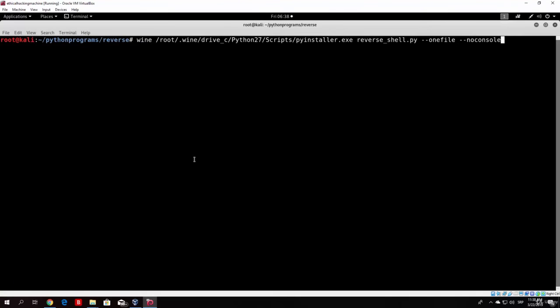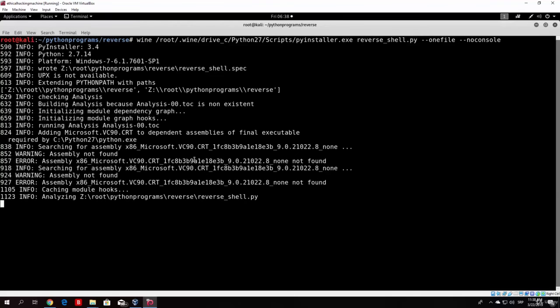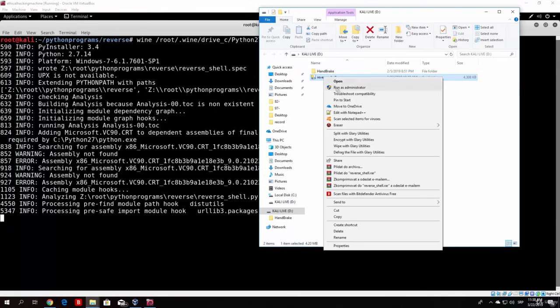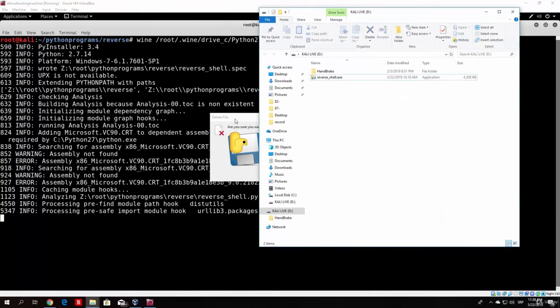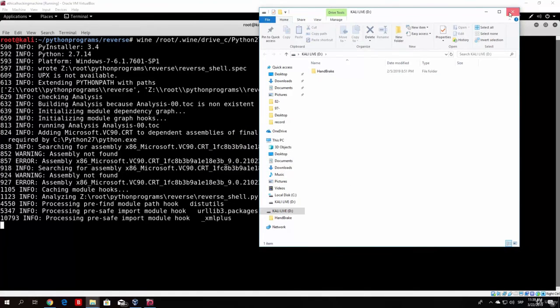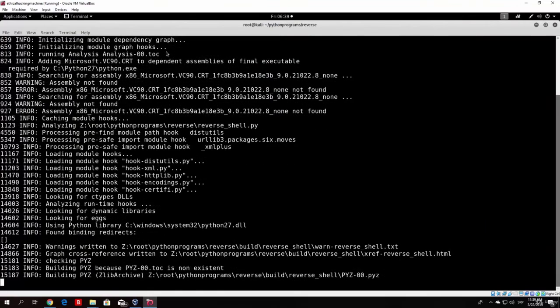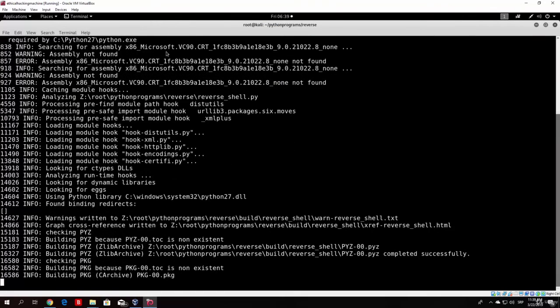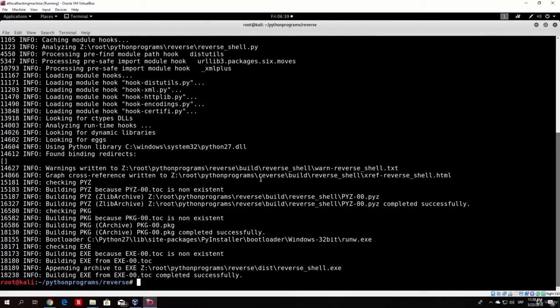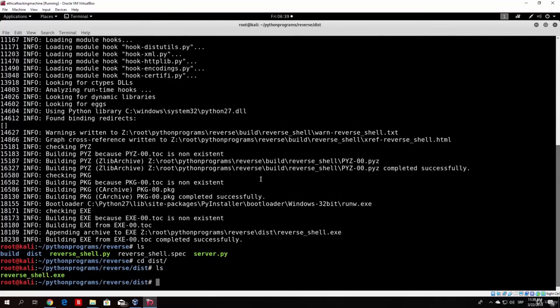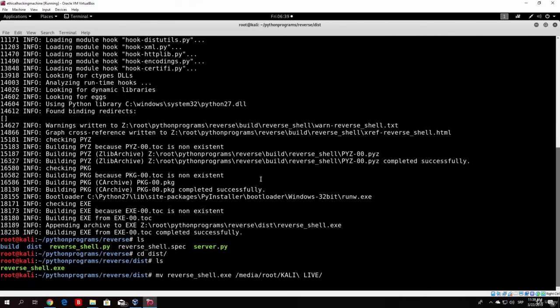with the same command. So one file, no console, press enter right here. In the meanwhile, we delete this file, which is the previous reverse shell. Are you sure? Yes, I'm sure. Then we go and plug in our USB drive. Simple as before. And as soon as this finishes compiling, we can paste it to the USB drive. So dist, move reverse shell to the media root Kali Live. We move it,